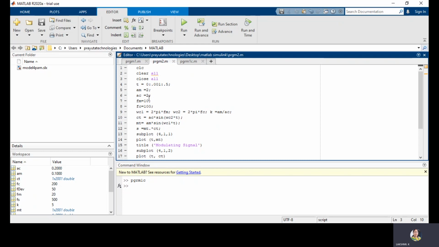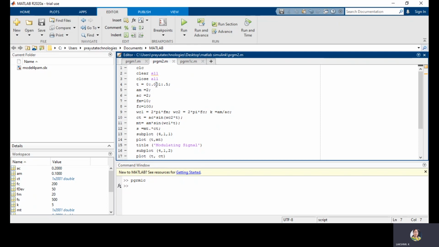So if we take AC is equal to 3 or AC is equal to 5, that is nothing but we will see the overmodulated signal. DSBSC is nothing but a perfect modulation of AM. Already you observed in AM there are 3 cases. First one is under modulation, second one is the critical modulation, and third one is the over modulation. So the DSBSC waveform is the same as the amplitude modulation with the modulation index equal to 1. So same as the AM.